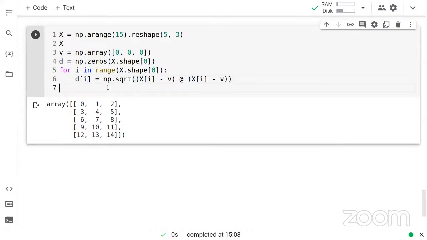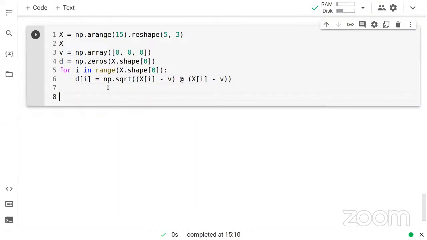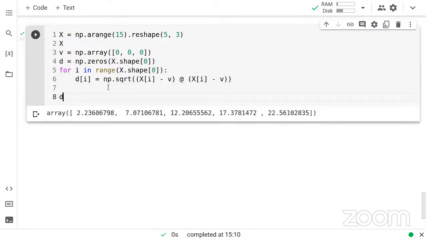Okay, so this is one way to compute the distances between each element of each row of x and vector V. This is a non-vectorized implementation. The vectorized implementation, on the other hand, would be something like this, right? Let's call it